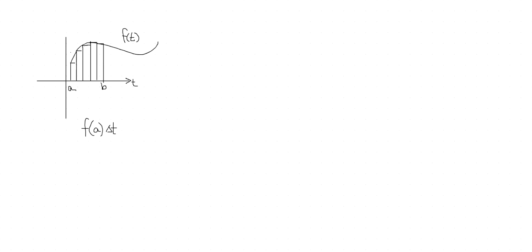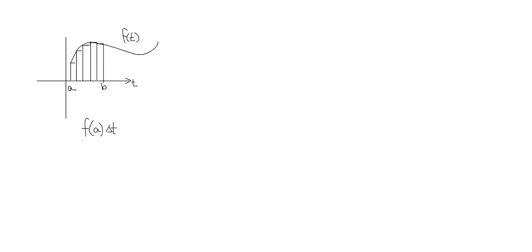Well, if we draw these 5 rectangles under f of t, we see that the area of those rectangles can give us a pretty good estimate of the area under f of t. And I've chosen to use the left side of each rectangle, okay, to align with the function f of t. So let's build an expression that gives us the area,